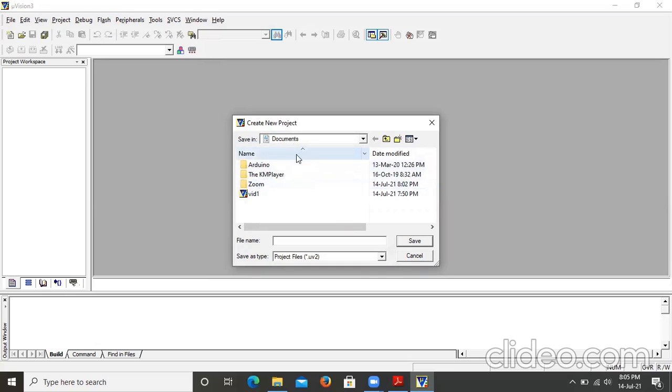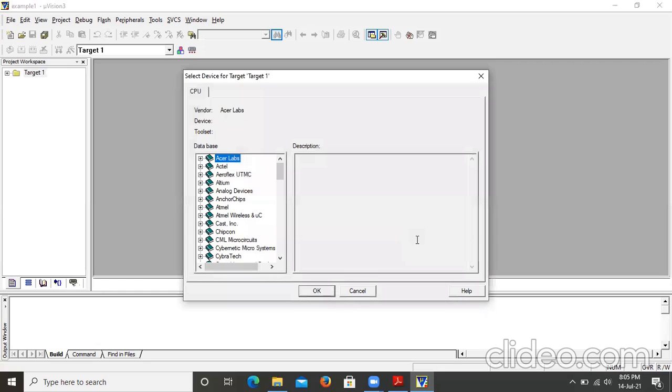By default, it will open the Documents page, or if you want to store all your files or projects in a separate folder, you can create a new folder, or you can save them in the Documents folder only. Write the file name here, example1. Then save.